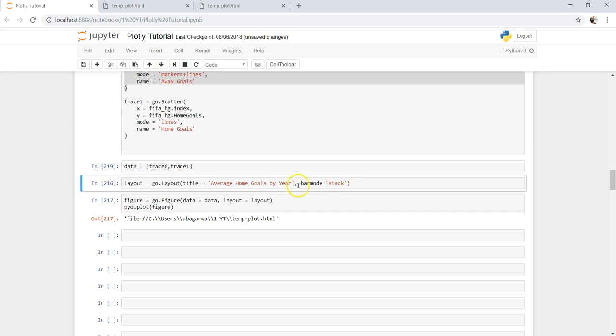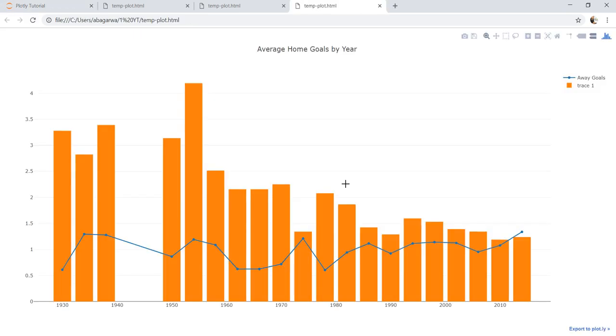I don't need bar mode, so I will remove that, and I will plot the figure. So let's see what comes out. Okay, so as you can see how easy it is. Once we have the data ready, you just need to specify the right option, and away goals are here,